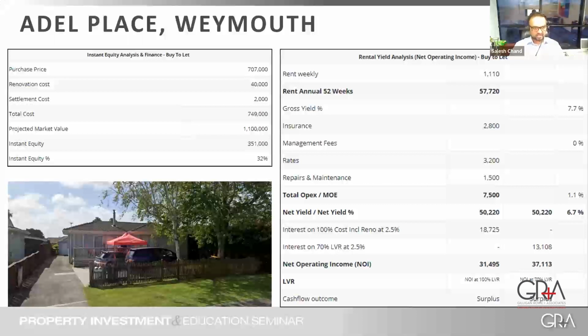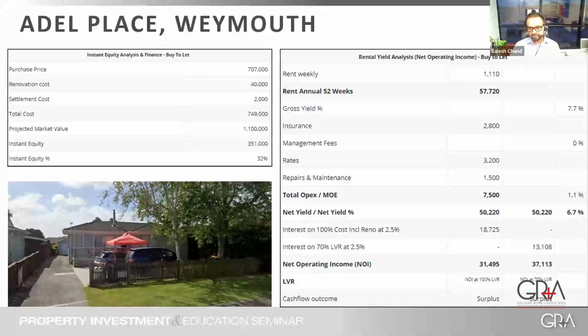You put your money in at the start, you do whatever work you need to refinance and get your money out. So the property is rented at $1,100 a week. We get $57,000 rent at the moment, and our outgoings are insurance, rates, and repairs and maintenance, which is $7,500 a year. Our net yield is $50,000, and because we fixed some of this interest at 2.5%, so we are